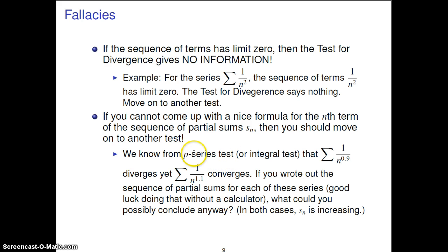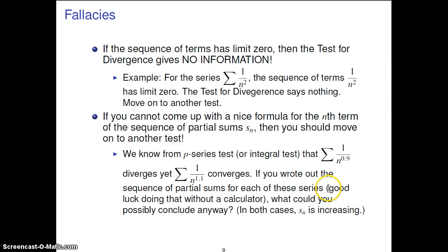But we know from the p-series test, or really from the integral test, that this series here and this series do different things. This series happens to diverge because p is 0.9. Here this series happens to converge because p is 1.1. And let's suspend using the p-series test or the integral test for a second. If you just looked at these two series individually and wrote out the sequence of partial sums in each case, Sn over here and Sn over here,